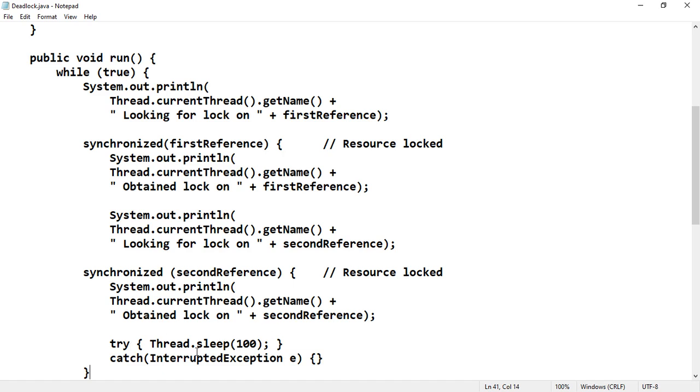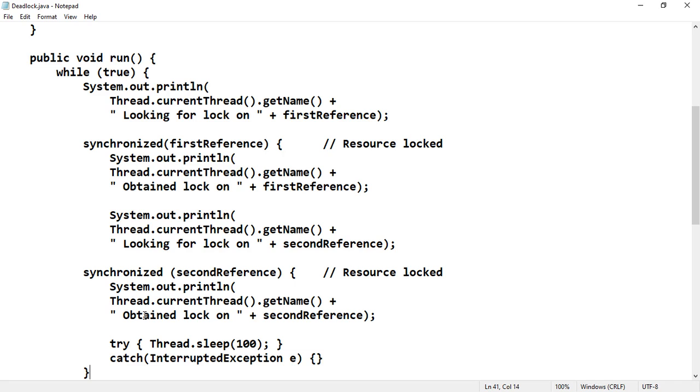To see the difference in the synchronization, because it was kept in the while loop, we have put try Thread.sleep of 100 milliseconds, to realize that the first reference is waiting for the lock on the second reference.